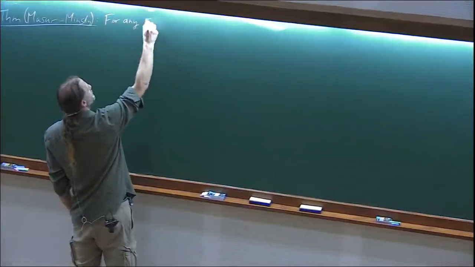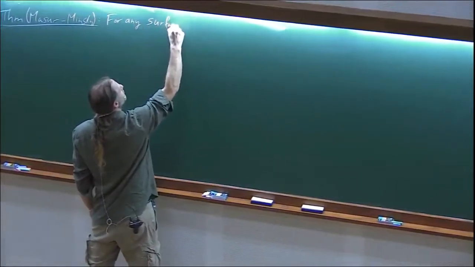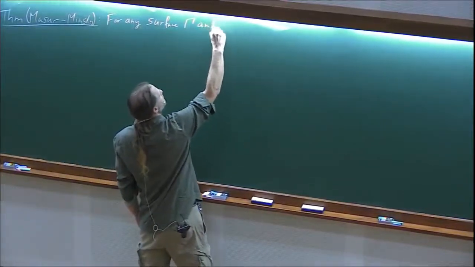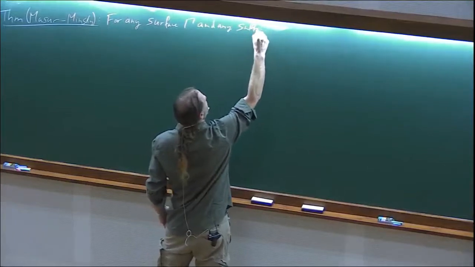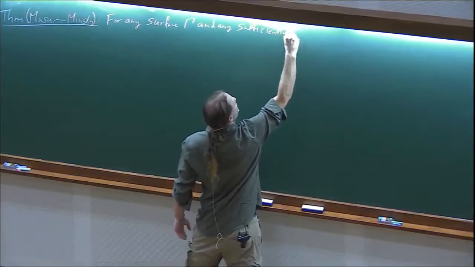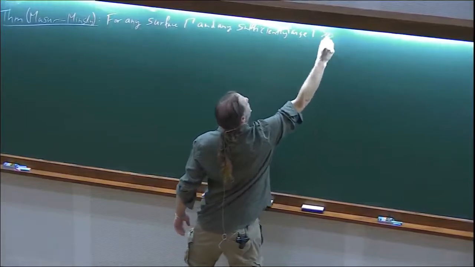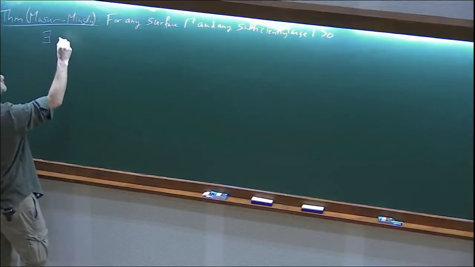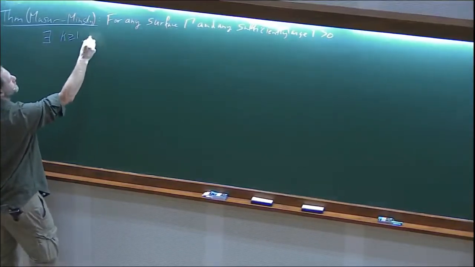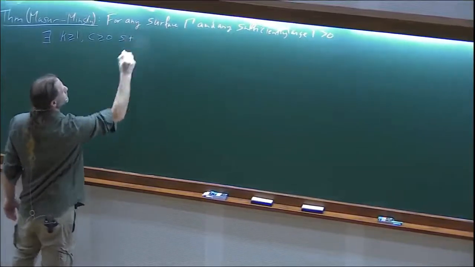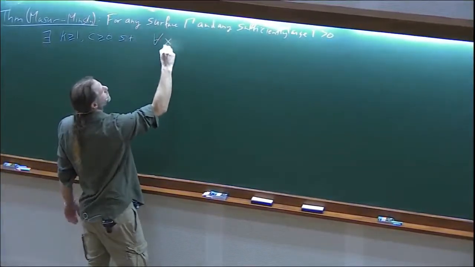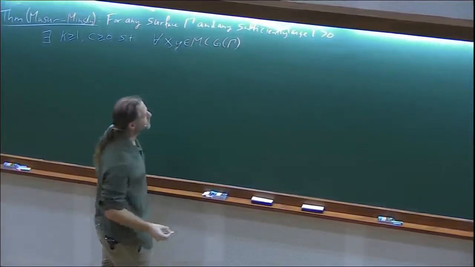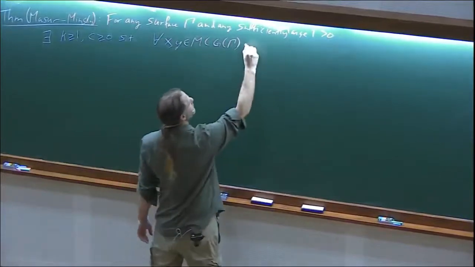For any surface gamma, and any sufficiently large constant t, there exist constants k greater than or equal to 1, c greater than or equal to 0, such that for any pair of points x and y in the mapping class group of this surface, we have